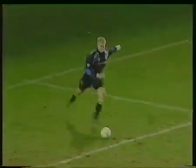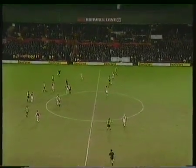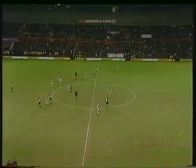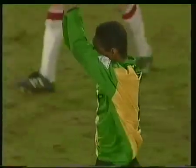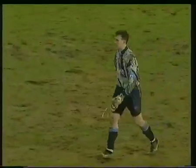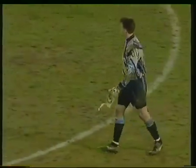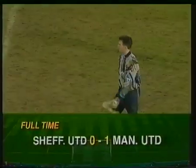Well, we're in the 4th minute of stoppage time, and Manchester United do indeed go through to the 4th round, courtesy of a goal that will go down in FA Cup history. A quite phenomenal movement, which brought the match really out of a bit of a trough and made it a very exciting one in the last few minutes. Mark Hughes, the goal scorer, sent off, but Alex Ferguson, looking round angrily, can blame Kelly, the goalkeeper, for saving 2 or 3 other efforts which could have made the victory more emphatic. But when it all dies down, it's Sheffield United 0, Manchester United